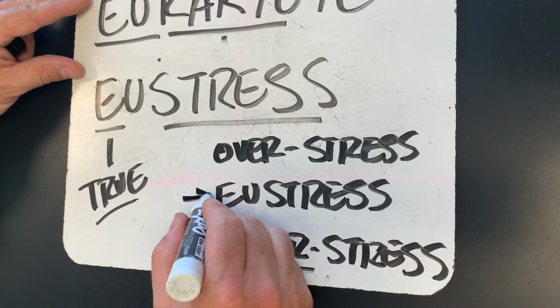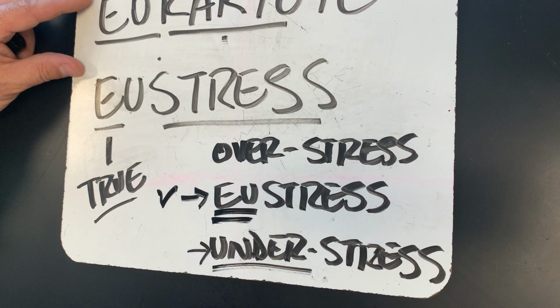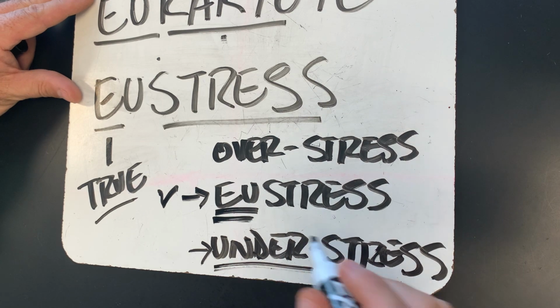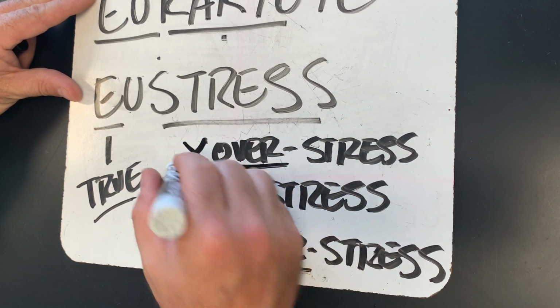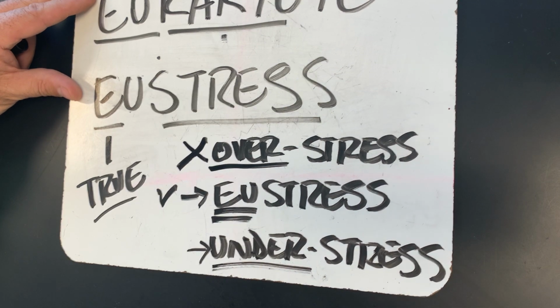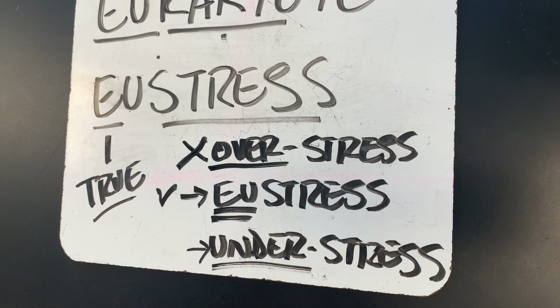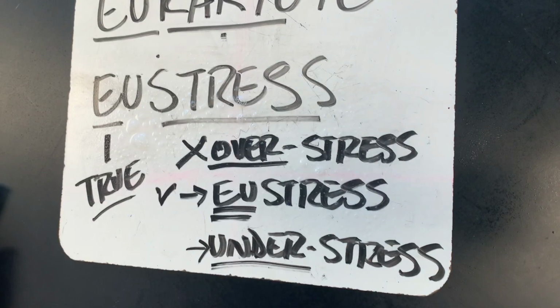This is good stress. This is where we want to be. It's true stress. It's good stress. It motivates you to do what you need to do. You learn. You get better at life. Those types of things. And overstress is a problem. Overstress is not what we want. Overstress is where you collapse because you're so consumed with all the things that you need to do that you can't make a move. You're just stuck. And that's not the kind of thing that we want.